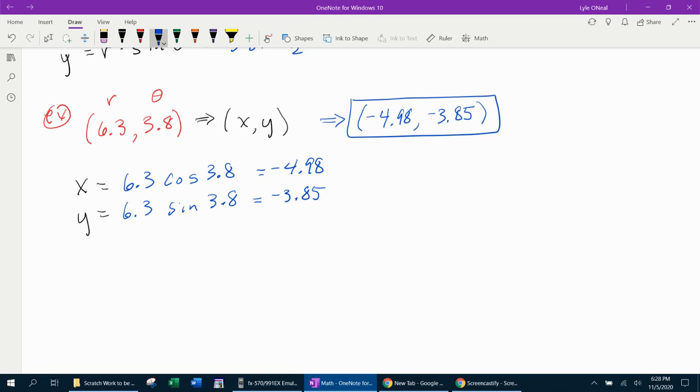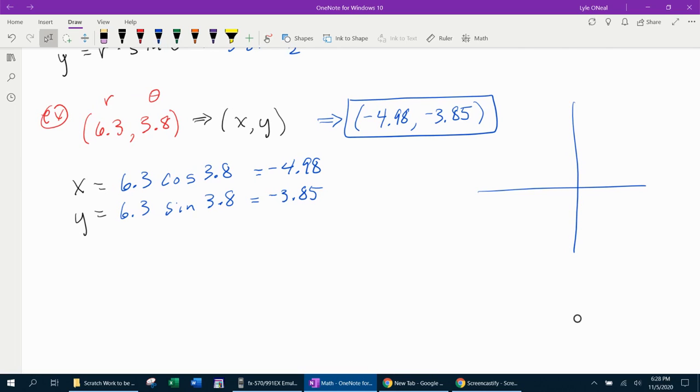That is the answer, and I'm going to illustrate one more time. How do you check that? Remember, the points have to plot in the same spot. So let's do our rectangular first. We're going to go to negative x and negative y. 1, 2, 3, 4, 5. 1, 2, 3, 4. So that's almost to negative 5 and almost to negative 4, and that's going to be quadrant 3. Okay, so it's important to illustrate which quadrant it's in, because usually if you can get in the same quadrant,